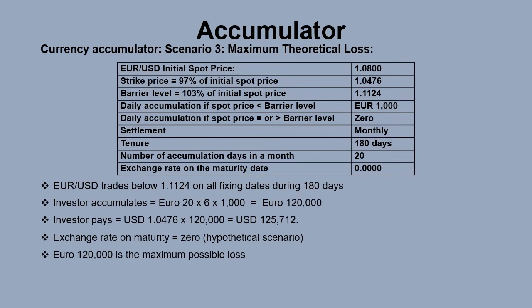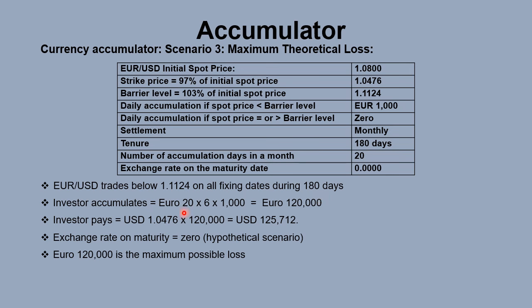Let's look at scenario 3. This gives the maximum theoretical loss possible. The exchange rate on maturity is 0, and it presumes that the euro USD trades below the KO barrier on all the fixing dates. That is, if the euro USD trades below 1.1124 on all the fixing dates during the 180 days, the investor